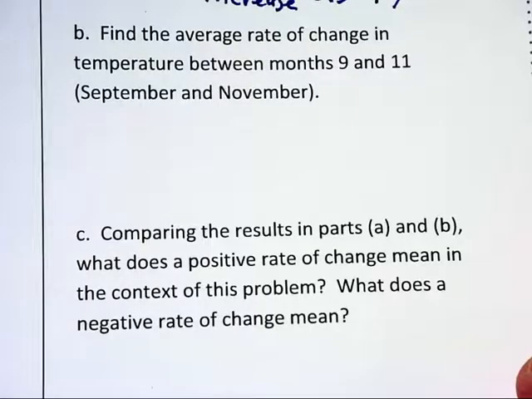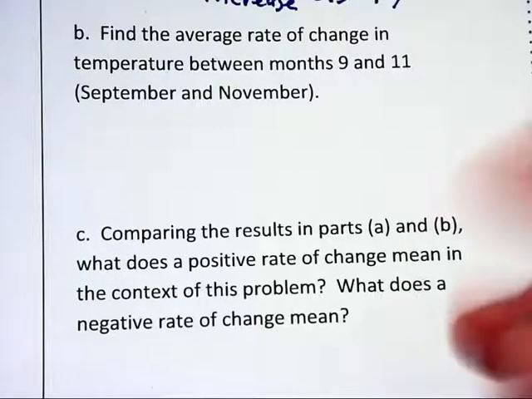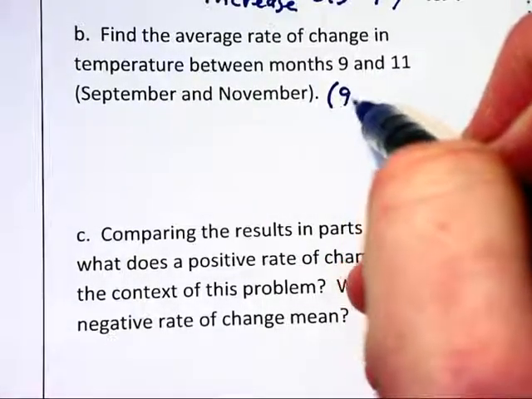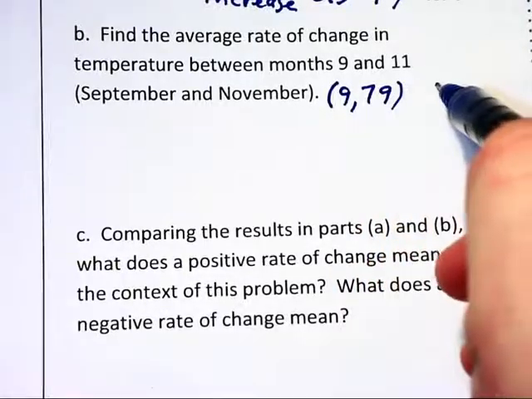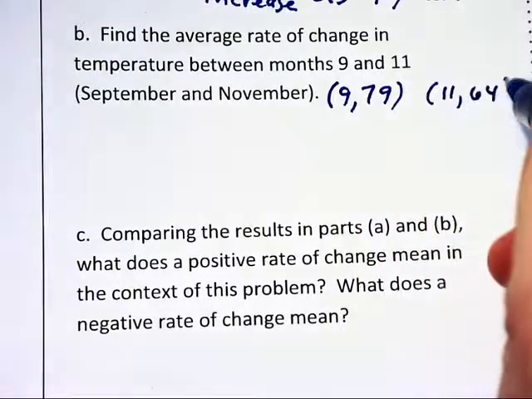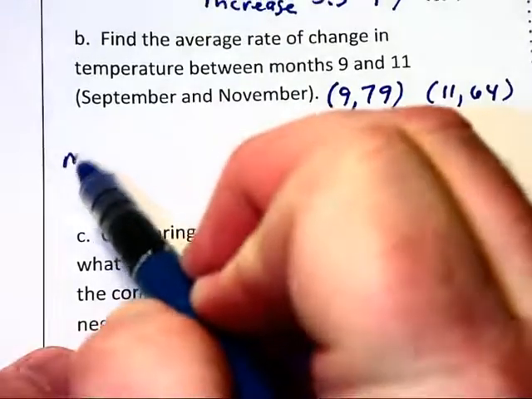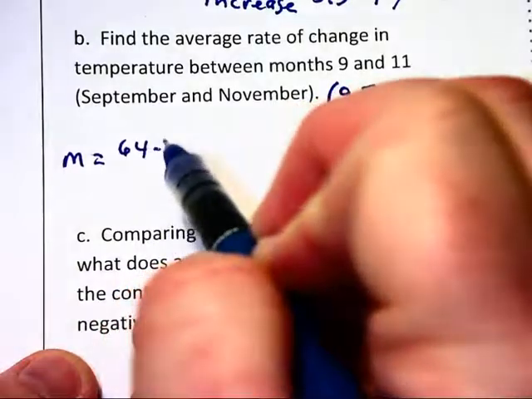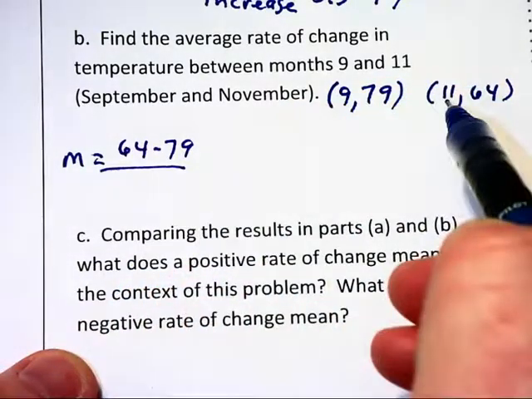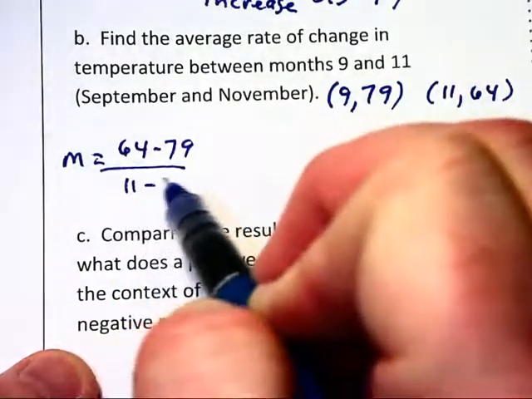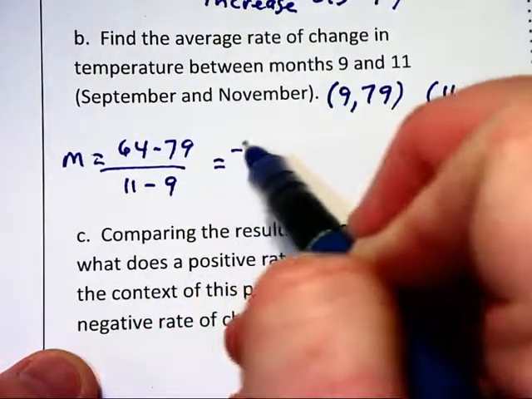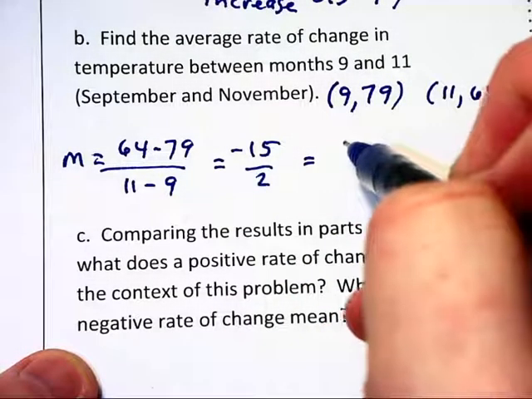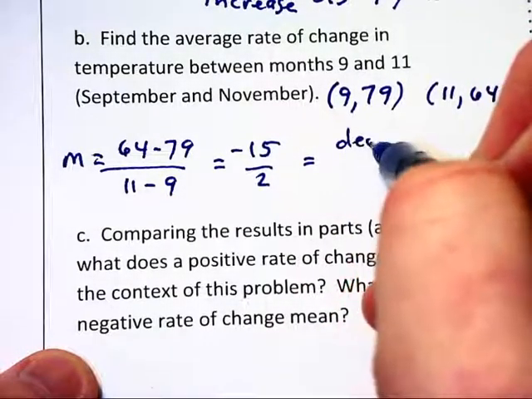For part B, they want us to do the same thing. This time we're dealing with months 9 and 11. We have the point 9,79 and 11,64 up on the graph, and so the slope m will be the difference of the y's, 64 minus 79, divided by the difference of the x's, 11 minus 9. This is going to give us -15 halves, or a decrease, that's the negative part, decrease